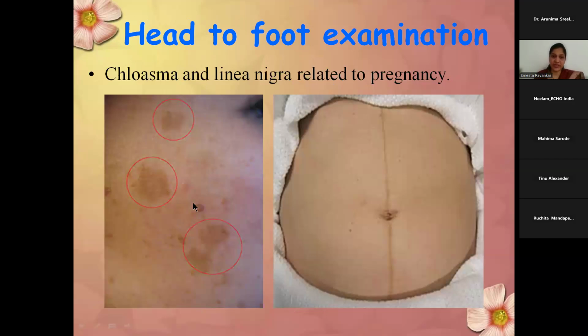And then we have to check what integumentary changes are occurring. You can see this is chloasma, a pigmentation which occurs over the cheekbones, and sometimes over the chin, nose and forehead. These are all temporary and vanish once the woman delivers. And in this picture you can see a line, that is the linea nigra. It is a dark colored line which starts from the symphysis pubis, crosses the umbilicus and reaches the xiphisternum. You can see the linea nigra evidently in women who are pregnant. This also shades off after the delivery.